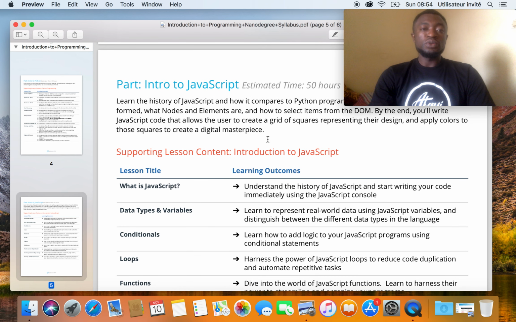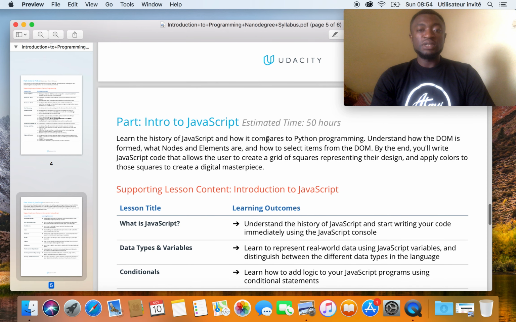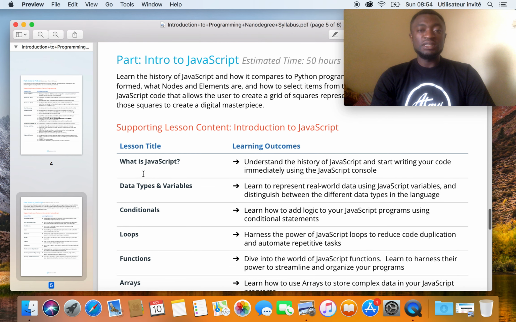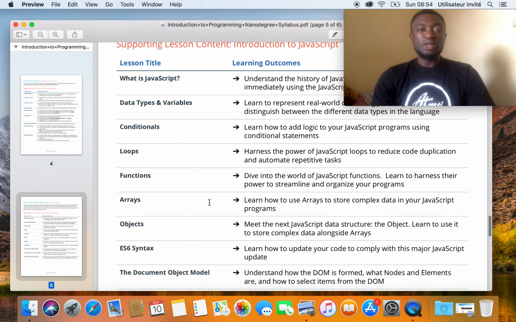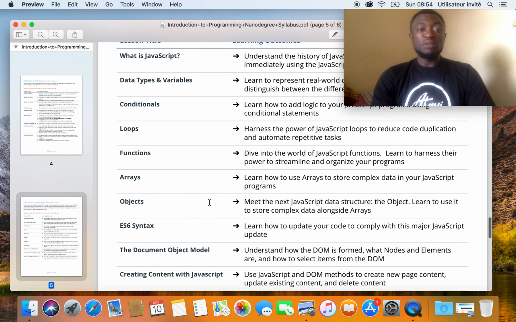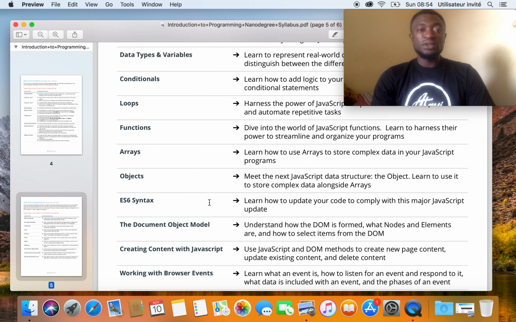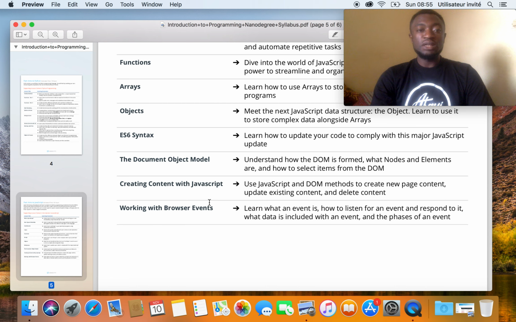And then you move on to JavaScript. Each part of this program has a project that you will submit and you get your code reviewed. So for JavaScript, you learn what is JavaScript, you learn data types and variables, conditionals, you learn loops, you learn about functions, arrays, you learn objects, you learn the ES6 syntax, the document object model, creating content with JavaScript, and working with browser events.